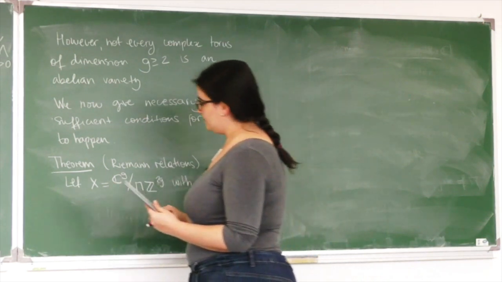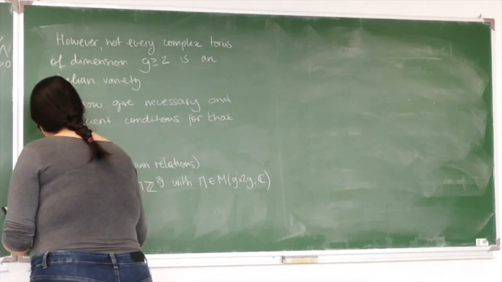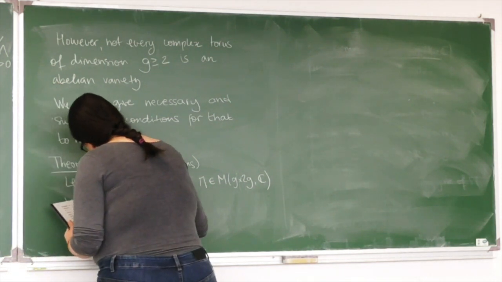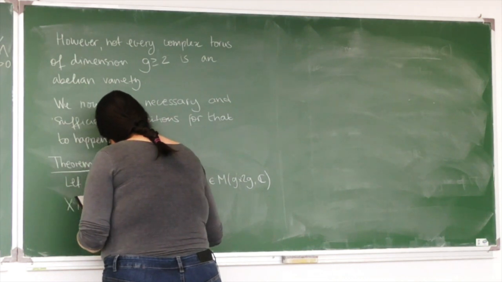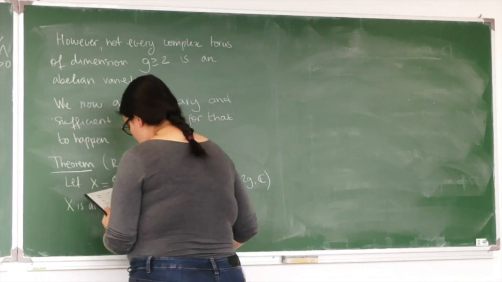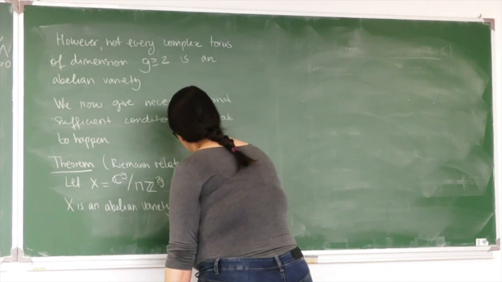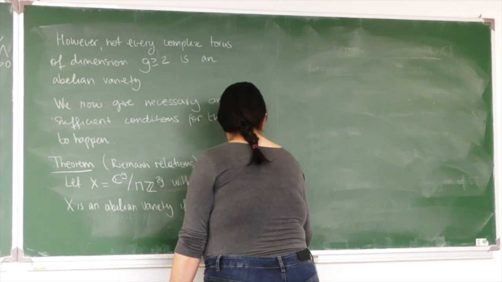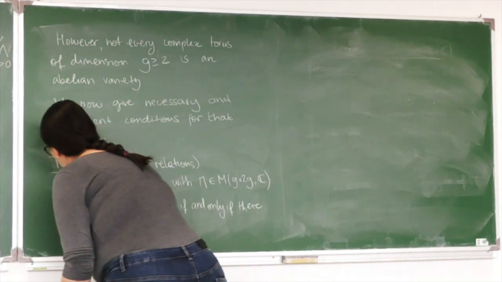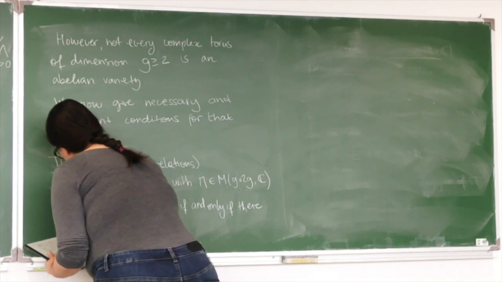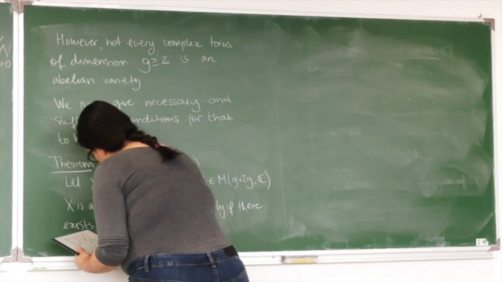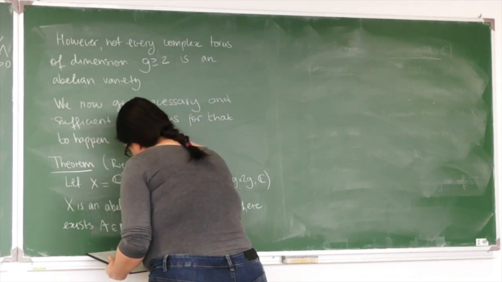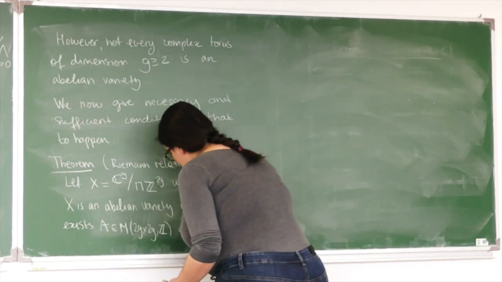Now X is an abelian variety if and only if there exists A, which is a 2g by 2g integer matrix, such that,